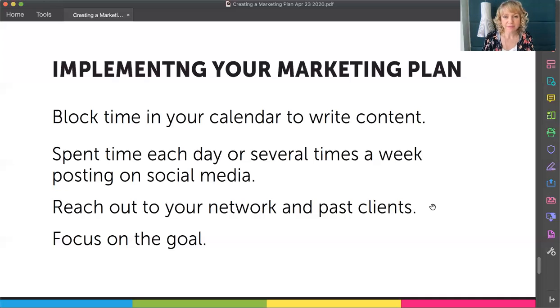For me, if filling Brand Camp at the end of this month is my goal, then that should be my main focus, aside from the clients that I'm working with, obviously. But that should be my main focus for the rest of this month until that starts. And so I shouldn't get distracted by shiny objects. But I did just get a speaking opportunity that is still focused on my goal, because me getting in front of an audience gets me in front of more people who could potentially sign up for Brand Camp, right? And start to go through that funnel process, which I know a lot of people don't like the term for that. But anyway, that's the term that it has.